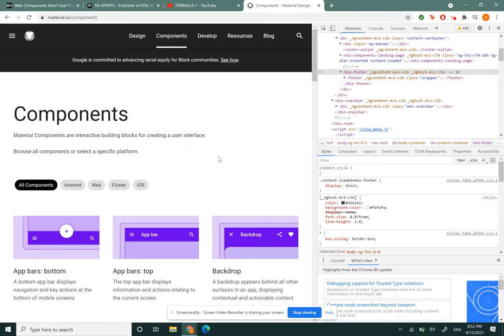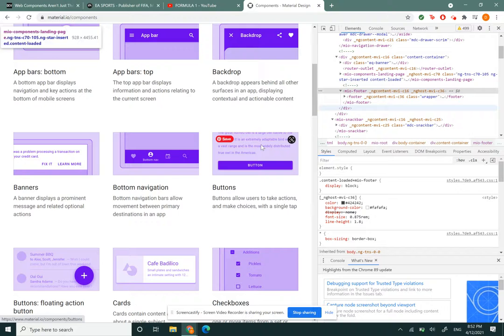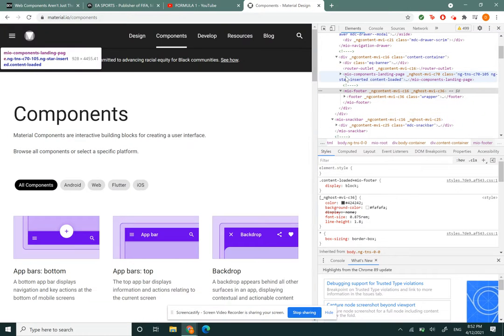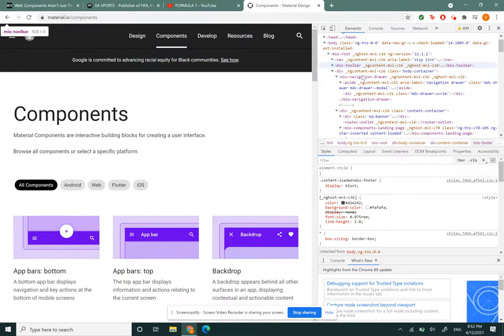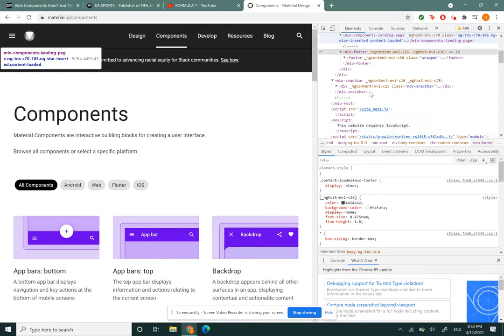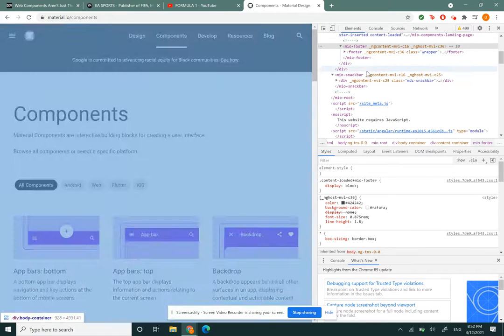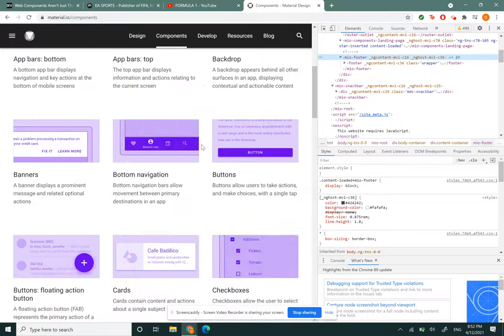Now, the third one we're going to be looking at is a lesser known website, which is material.io. This website is essentially made with just web components, as you can see over here. It's filled with custom tags to design every single thing that they have, from the toolbar, navigation, the landing page, something called a snack bar, but we're going to be looking at the footer in